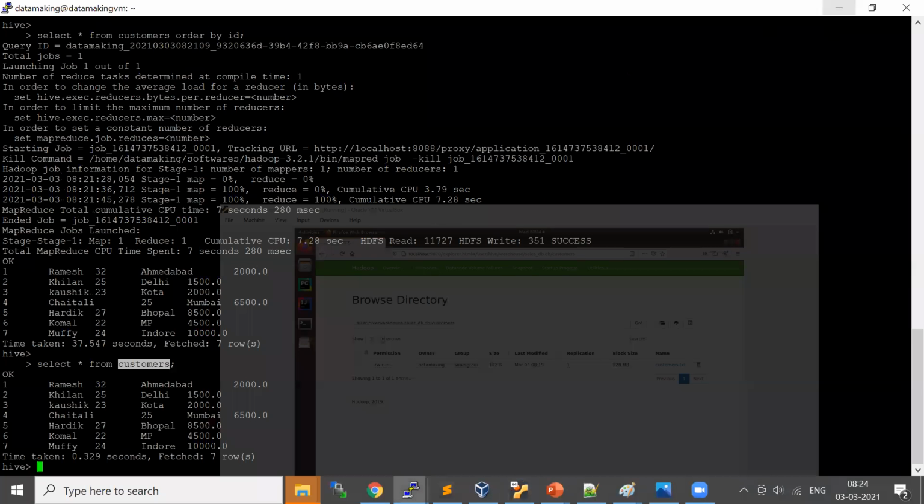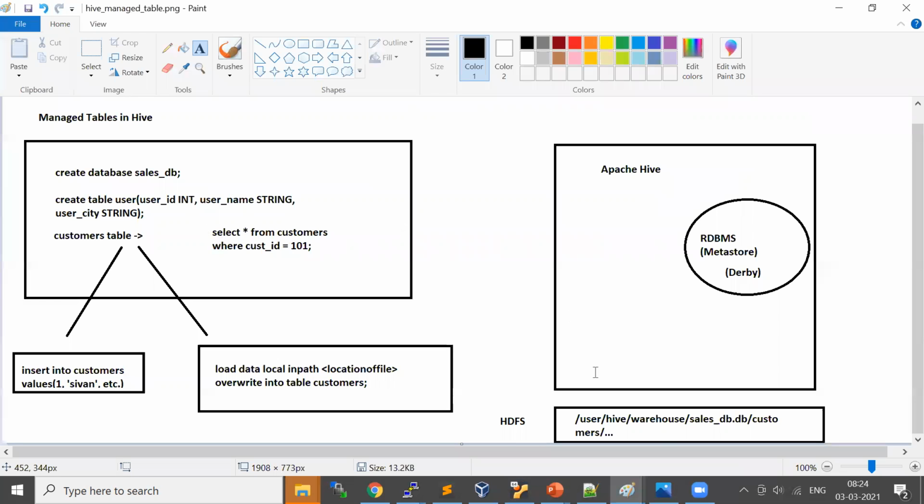So what Hive is doing is storing your data inside this warehouse location. For a managed table, all your managed table data are stored in the Hive warehouse directory. When you drop this table, your schema as well as the data stored in this table will be dropped. So that's how a Hive managed table works. We'll discuss Hive external table tomorrow. Okay, so we'll keep it with this.